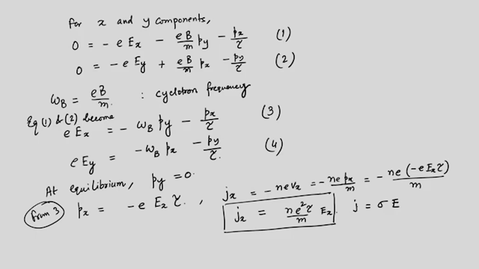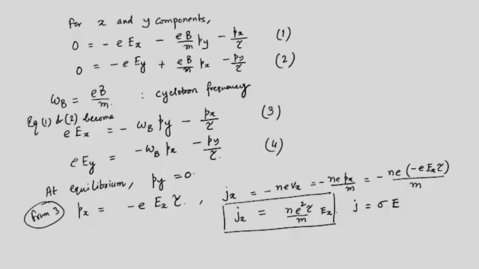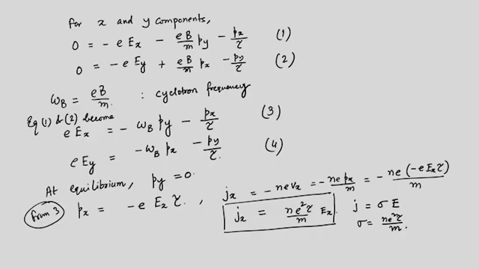So, here the J is in the direction of the electric field. So, Jx in the direction of Ex, and so on, and this sigma is Ne square tau by M. It's a known formula for conductivity of metals. So, the conductivity, that is sigma, depends on N, the square of the charge, the relaxation time tau, and M. Okay. So, this looks fine, and if we go one step ahead and try to calculate rho,